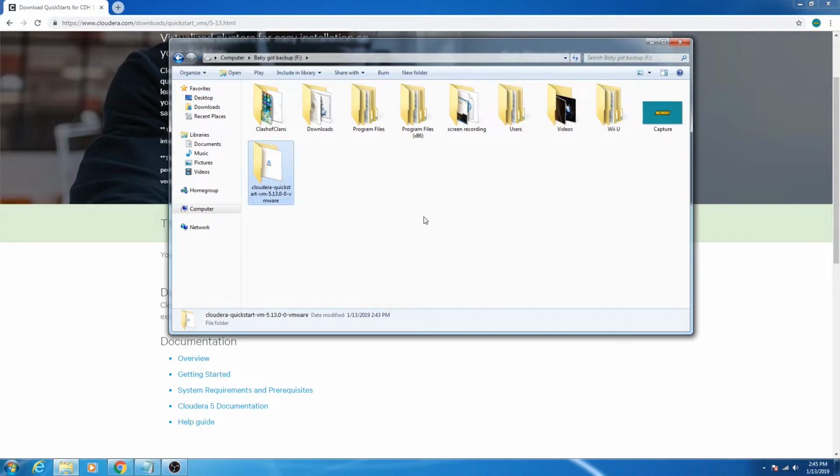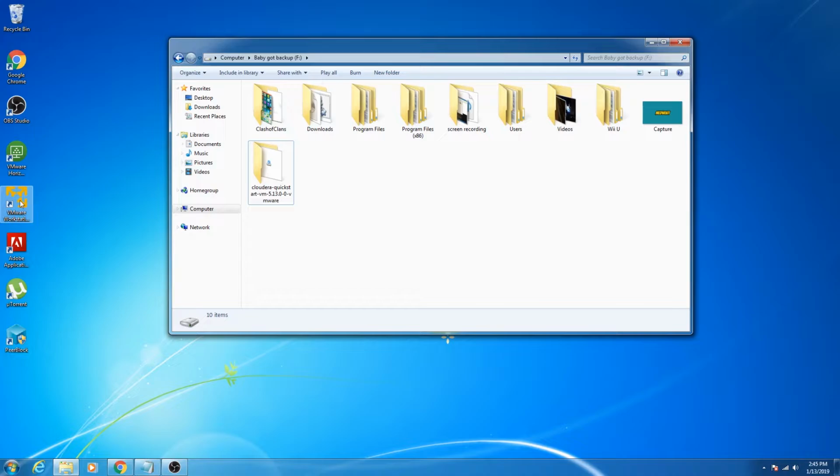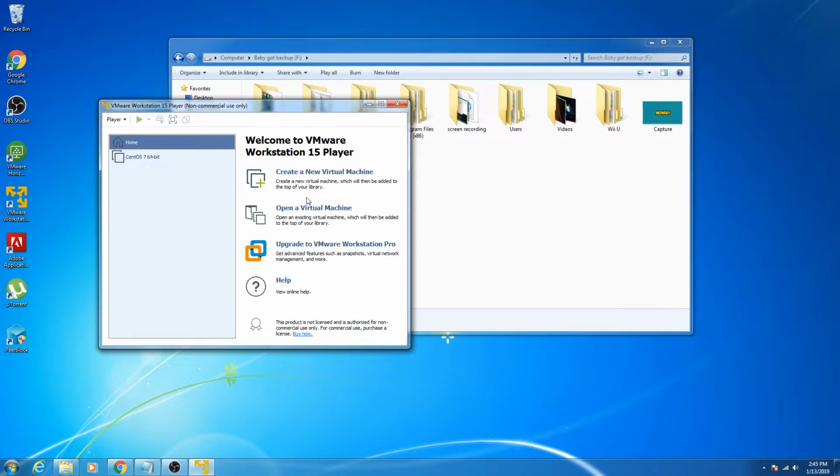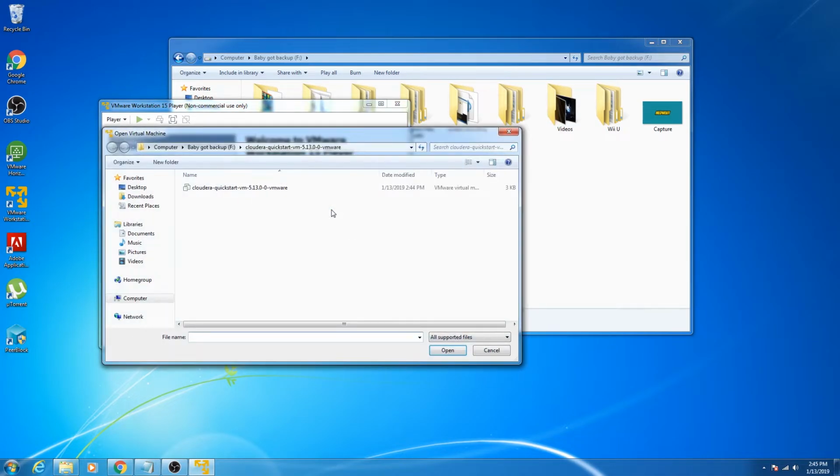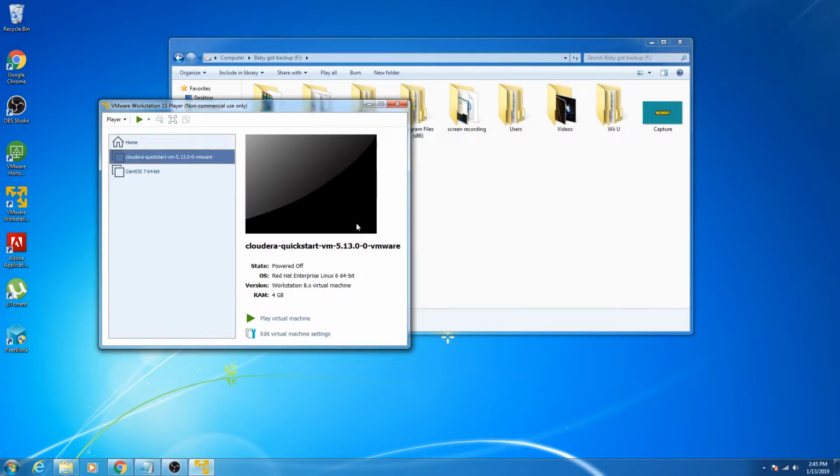Now we need to open up VMware Workstation Player and open the file inside the folder that we just pasted. Now we need to make some adjustments, so right click on the file, settings,